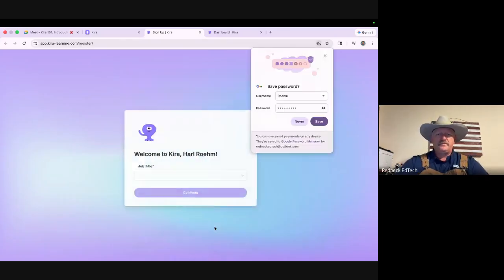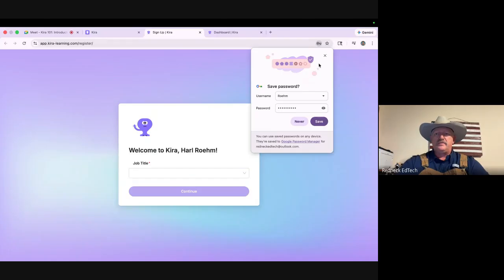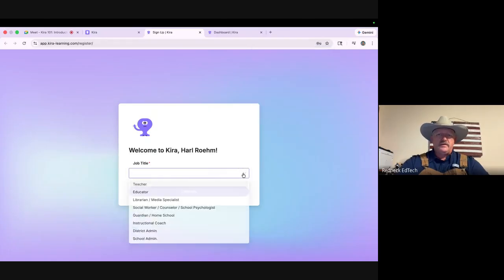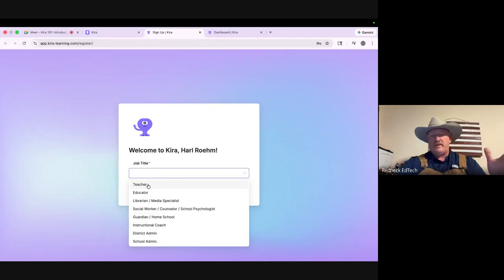And hit continue. Now on this screen, this is where you'll pick your role as a teacher, educator, librarian, social worker, guardian, instructional coach, or administrator, whichever level you are.